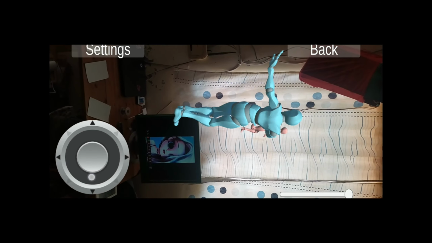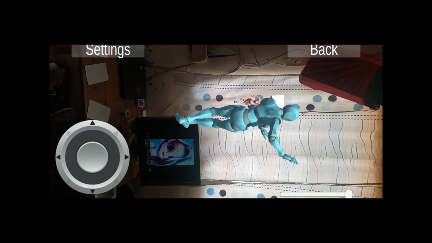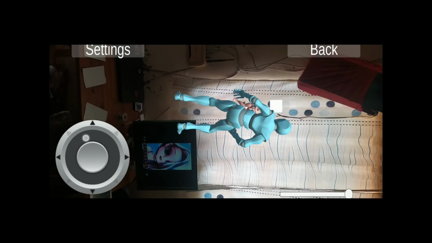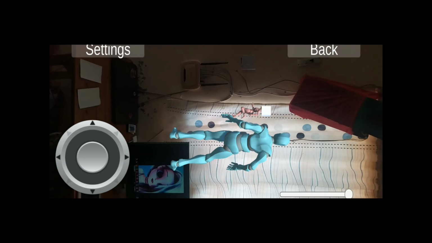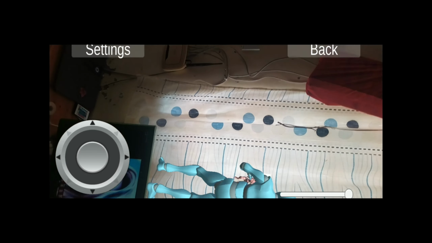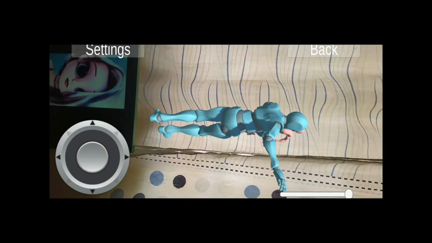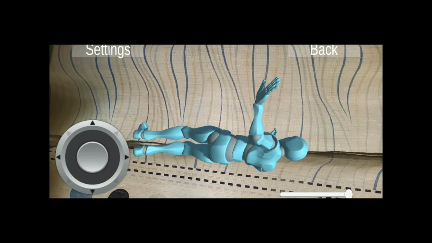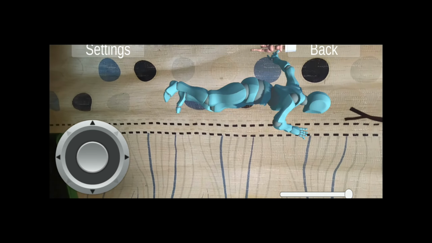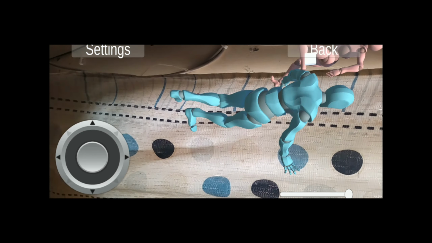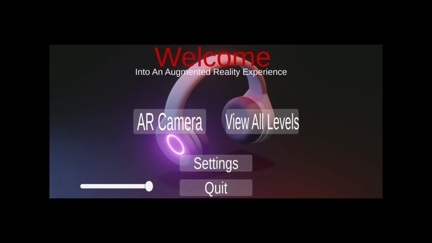This includes running, dancing, or any movement they make in the 3D space. And actually, I'll show how I'll use these 3D models on a planar surface, on a flat surface, and maybe show something like playing football.